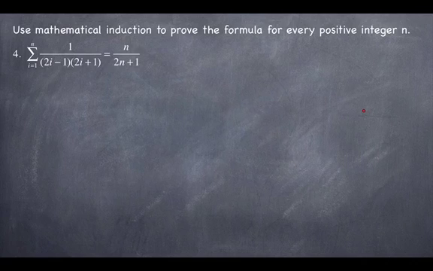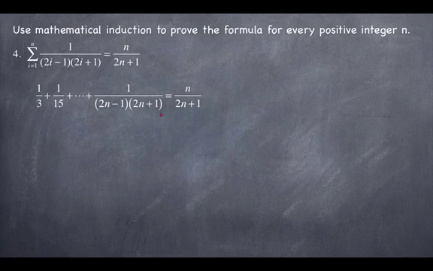This is basically the same type of problem, but it's just given to you differently. Now, notice that here we have sigma notation, but every single one of you should know how we can generate the following expression on the left-hand side, just by plugging in i equals 1, i equals 2, i equals 3, and then dot, dot, dot, plus the upper limit of n. The right-hand side is the same. And you're going to be working with this formula, and I'm not going to do this, but if you want me to, I can do it in class. And we just apply the same steps from problems 1, 2, and 3, and we are done with number 4. Let's move on